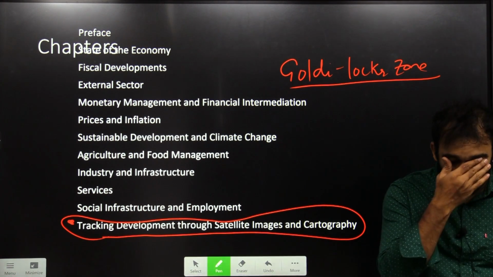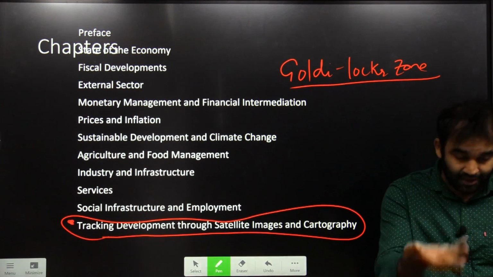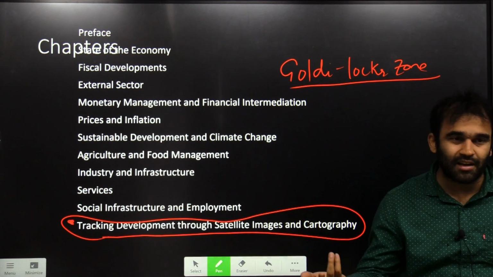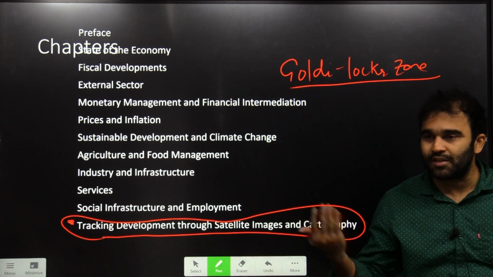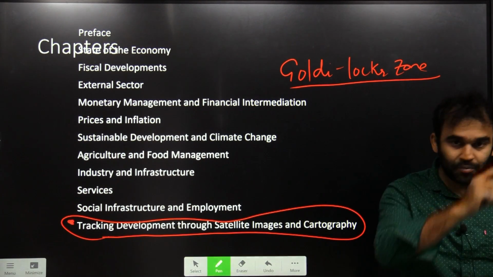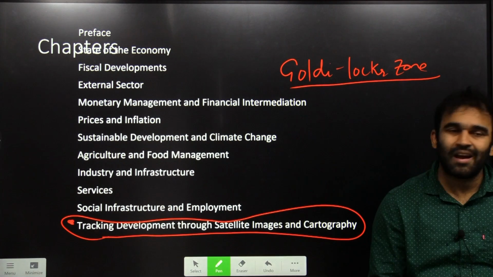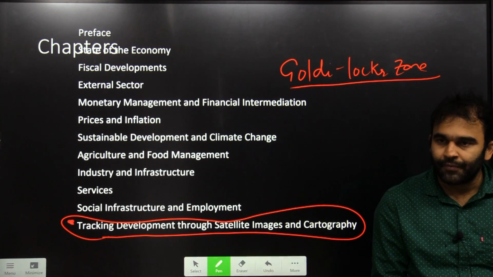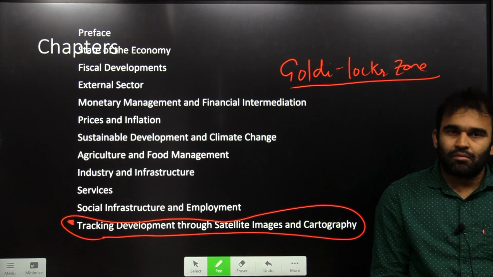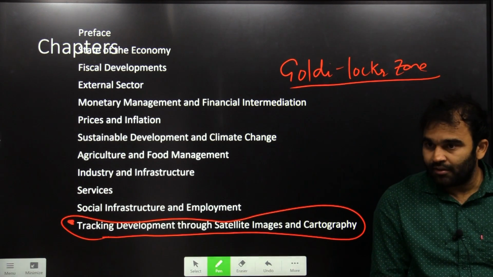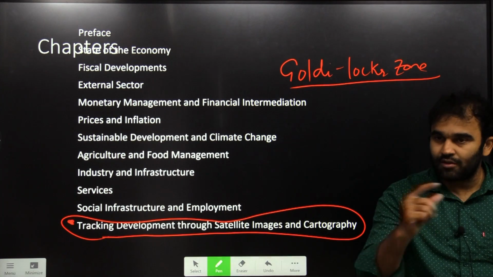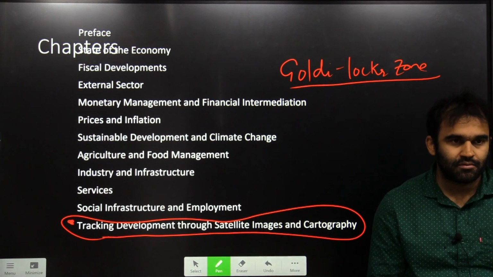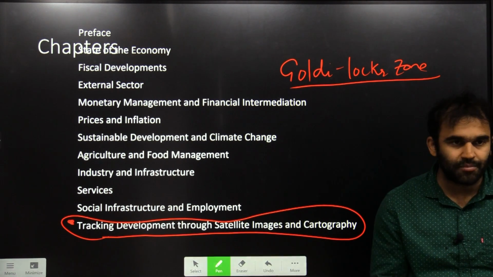And that Goldilocks zone, during the economic survey of that year, or government officials like the RBI governor, they use these words while talking somewhere. So the newspapers report these words, and in newspaper analysis, the articles that you read in newspapers, they will be using them. So terminology-based questions are important for economy. Here the question was asked: Goldilocks zone, which is heard in news, what does it mean?